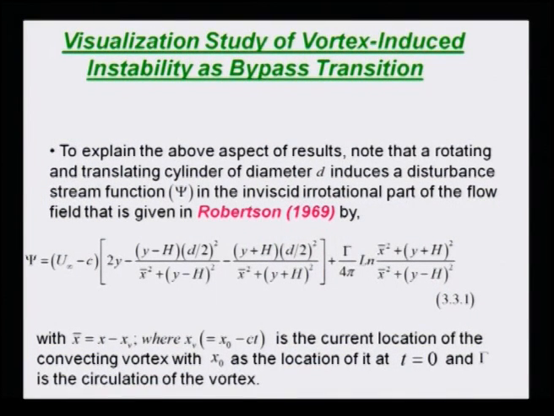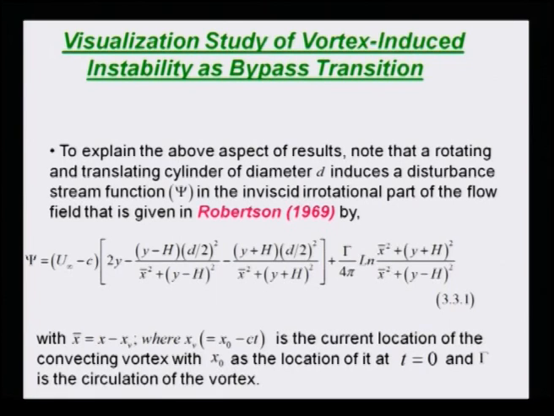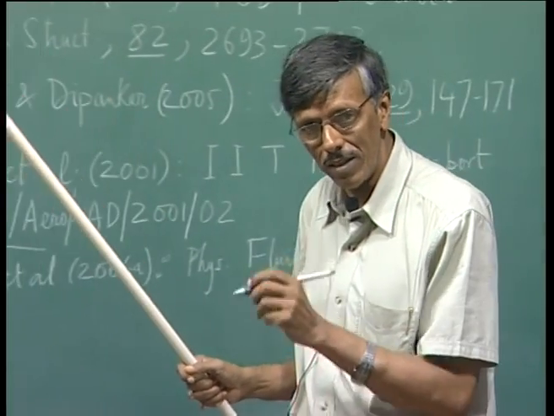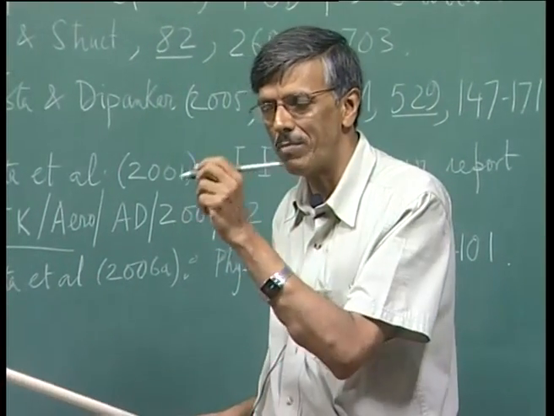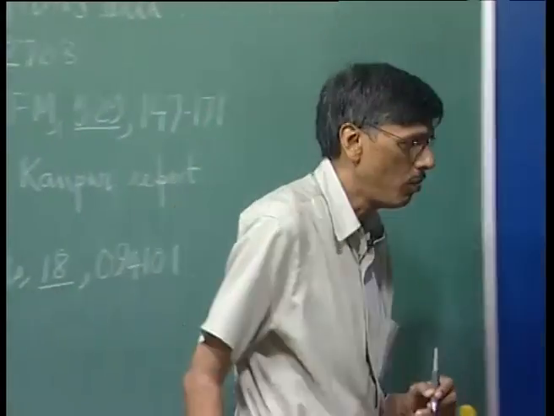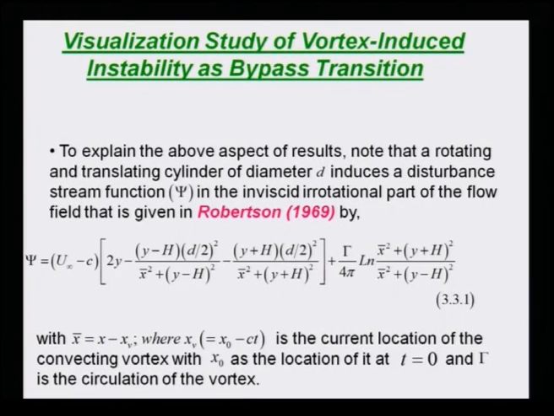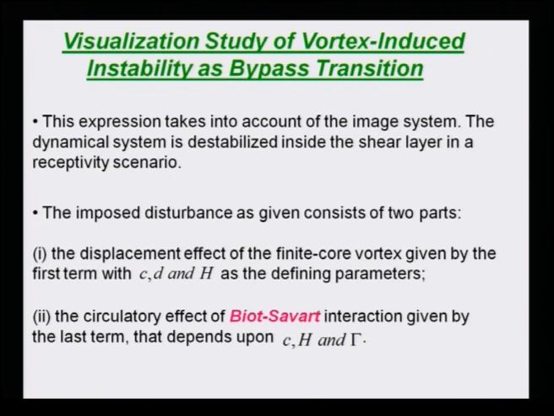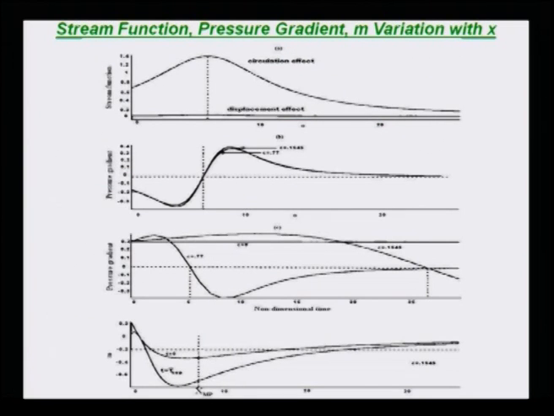Now, what happens is we can look at this expression. So, this is the disturbance stream function. If I really now consider a control volume over the flat plate, this is the disturbance that is created by the convecting vortex, that we can put on the boundary of this control volume. So, what we could do is estimate, depending on the coordinates x and y, what it is that we are getting. In this set of figures, we have shown the following quantities: the disturbance stream function itself